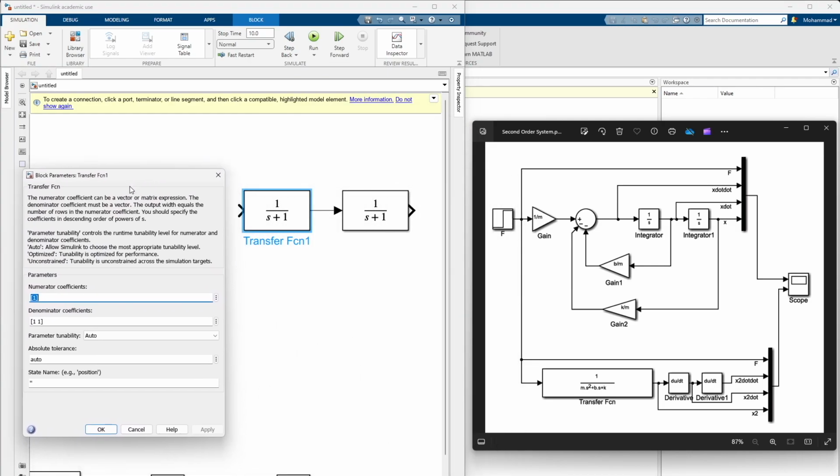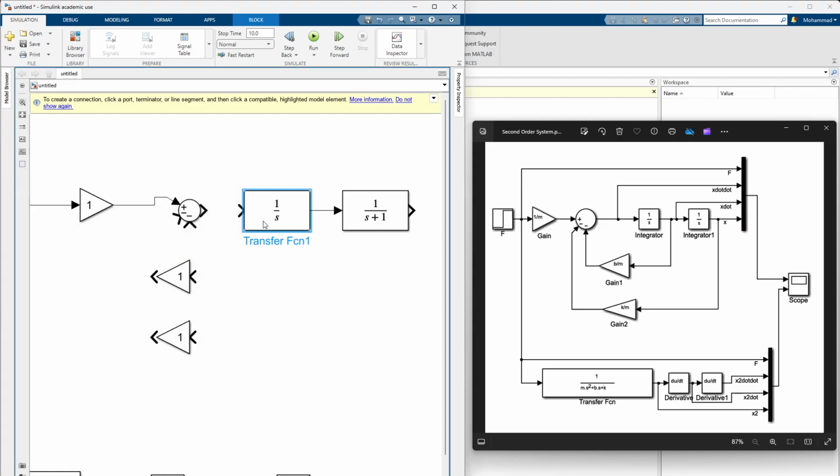We just double click on that, and the numerator doesn't have to change. The denominator has to change indeed. It essentially has two values in this coefficient. The first one stands for the coefficient for s. The second one stands for the coefficient for s to the power of 0, or the constant number. And since the constant number in this case is 0, we need to remove the second one and replace that with 0. And once it's applied, you can see that it turns into 1 over s, which is our transfer